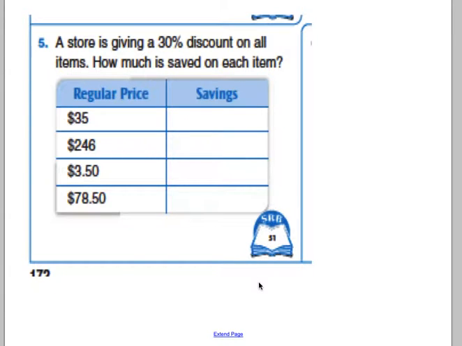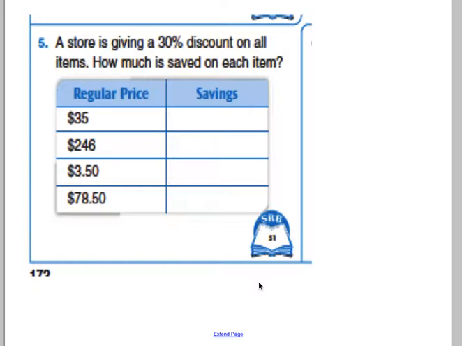How do you figure out problems where you're asked how much is being saved? Or sometimes you're asked, what is the list price? Well, these problems can be kind of tricky. Something that you really have to make sure you know before you begin is, are you trying to figure out